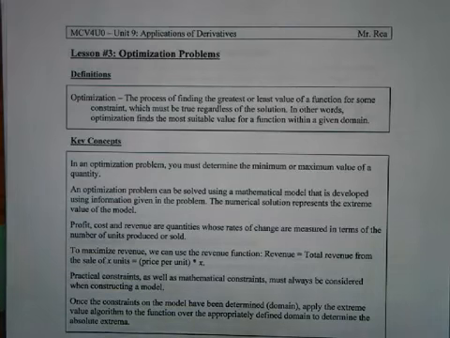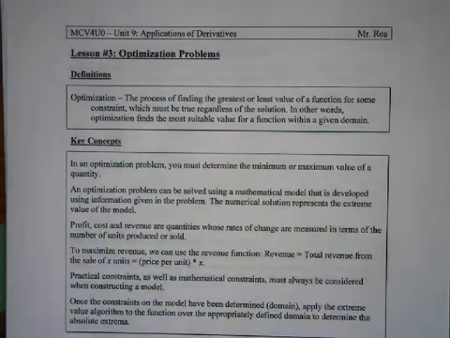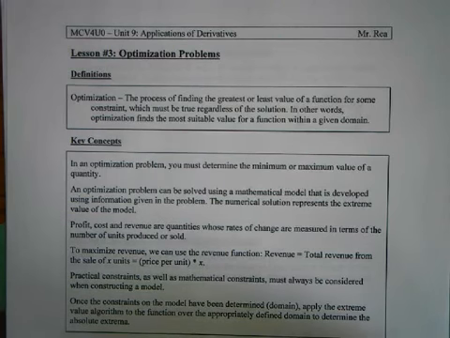We are going to continue on with our application of derivatives, and I actually have some good news for you. I thought there were two more lessons, but the second lesson was actually one we've already done. That was the velocity and acceleration lesson that I moved up the order a bit, just to stay on the same timeline as the other teachers. So that lesson and the associated homework with it, along with the previous lesson and today's lesson, that's basically the unit.